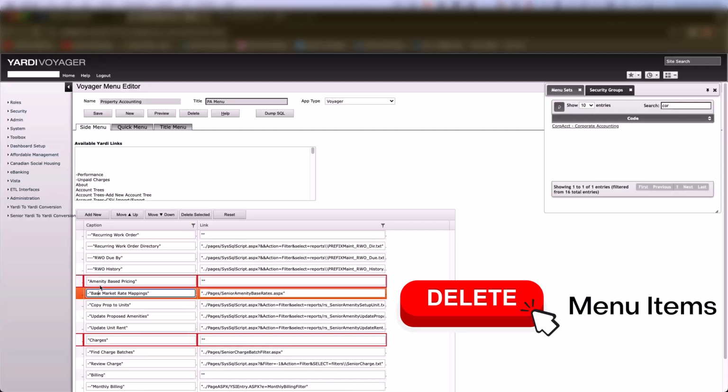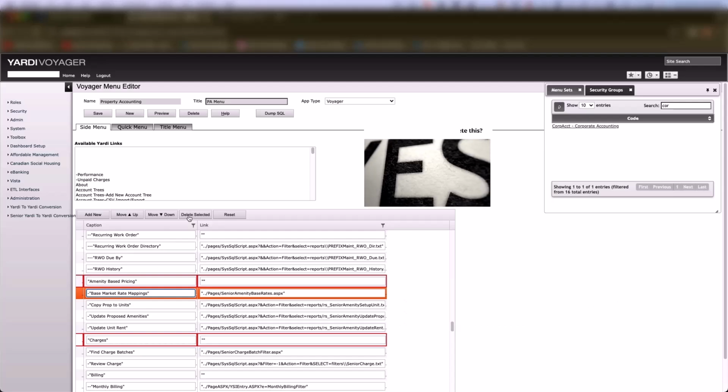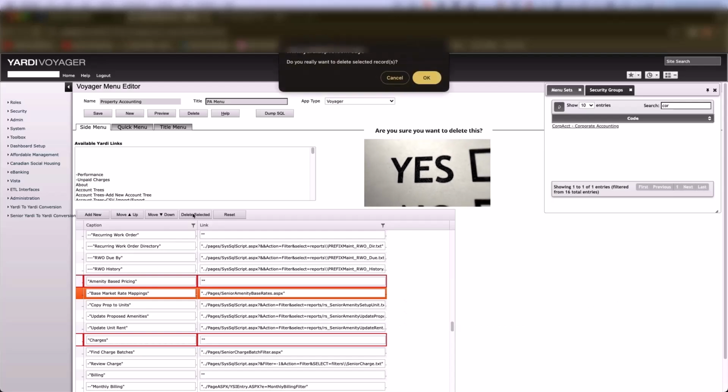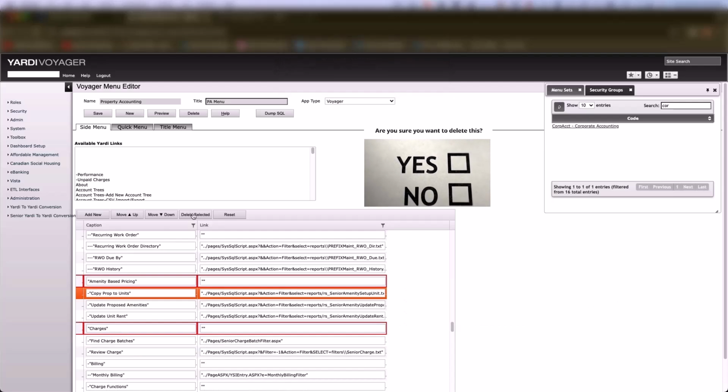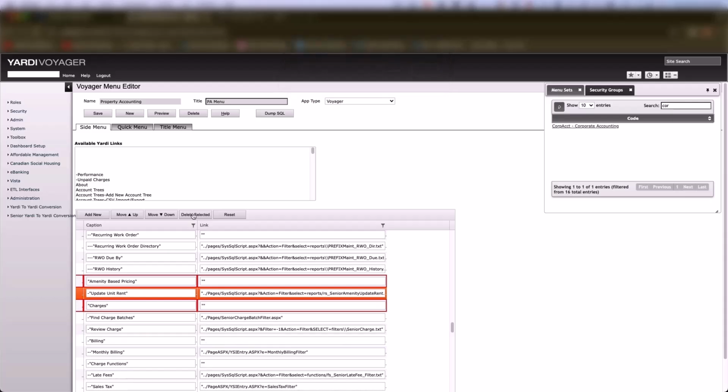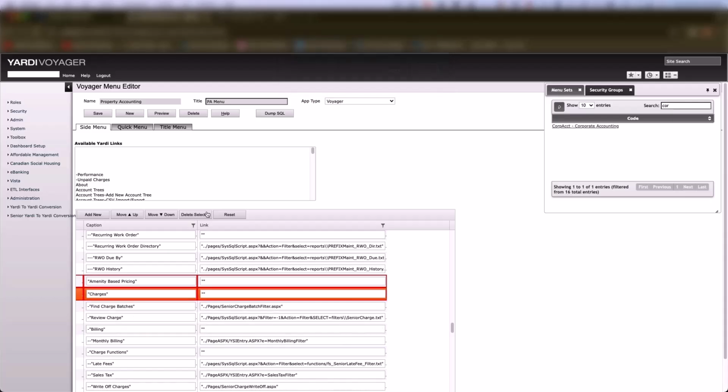And so I'm going to delete everything under the red first, and then it gets me to the red. So I'm going to delete second. Yes, I'm sure I want to delete. So Yardi's even going to ask you, are you sure you want to delete this? I'm going to delete. Yep. Delete that. And then I just want to save it there because I just want us to